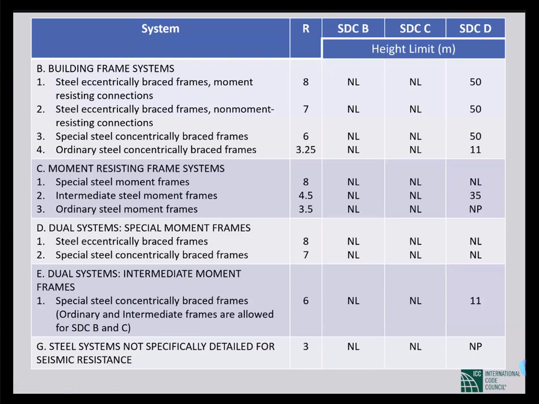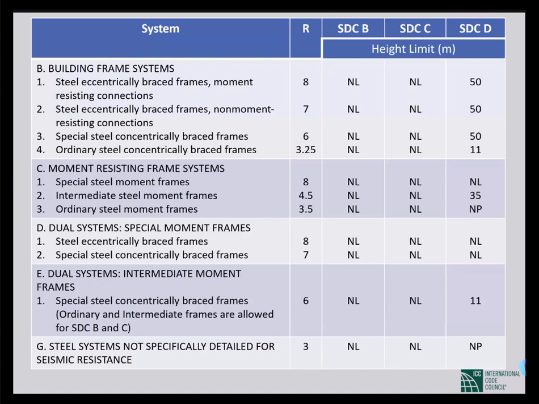Even for zone 4, and seismic zone 3 of Bangladesh, if the soil is not rock-like, even for stiff soil, we have to design structures complying with SDC D. And for seismic zone 2, if the soil condition is not good, if it is not firm or stiff, then we have to design the structure complying with SDC D.